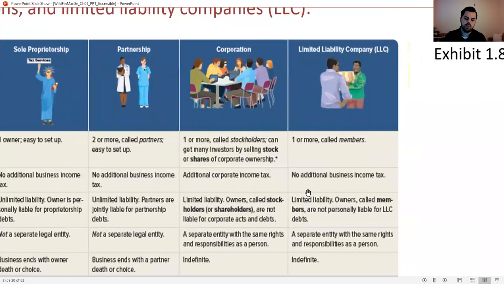Next, you look at the corporation, which is what we'll be dealing with primarily in here. Here you have stockholders or shareholders, which own shares of stock. The issue here is you do have an additional corporate income tax. So what happens is the company makes their income, they'll file what is called an 1120C. This 1120C, unlike your 1120S and 1065, is not an informational return. It is actually a tax return with tax due on it.